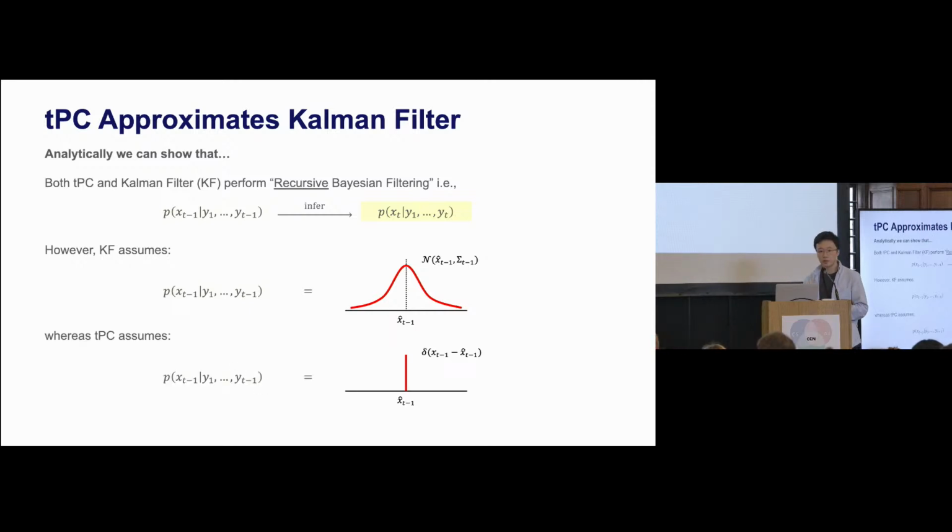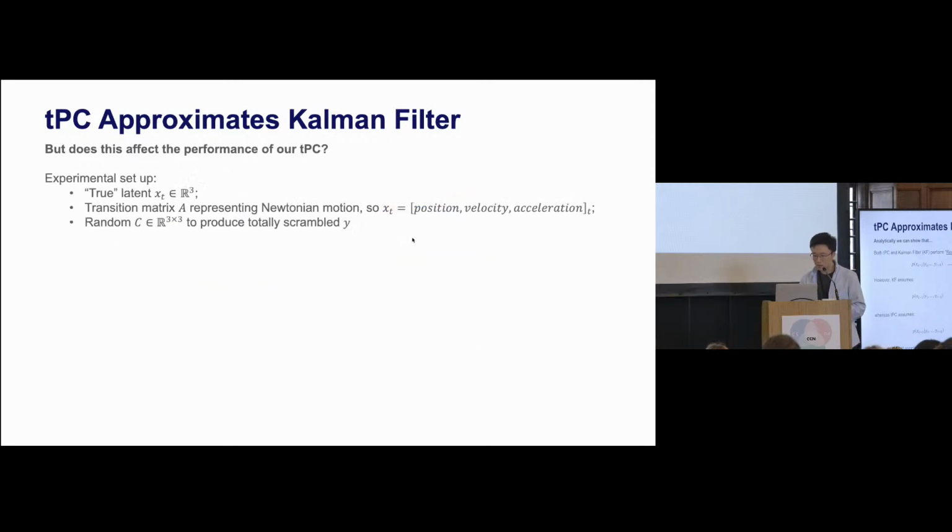Whereas our temporal predictive coding does something slightly different in that it does not estimate the sigma t minus 1. So it will assume that the previously inferred posterior is a delta function centered at x hat t minus 1. There is no uncertainty, no covariance. So in short, the temporal predictive coding will approximate Kalman filter when sigma t minus 1 goes to 0. I know you probably now have this question, will this approximation affect the performance of our temporal predictive coding compared